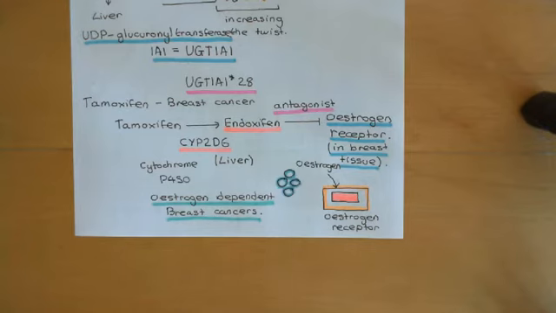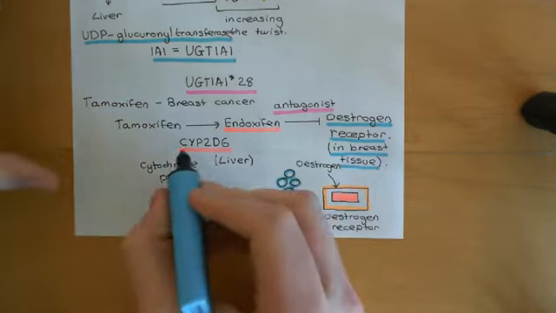This is looking at each individual patient and working out whether the drug will actually work and achieve an effect, rather than just giving it and hoping by trial and error that it might actually work. Okay. So, the other interesting thing about this one is that it has a very rich pharmacogenomic profile, in that some people